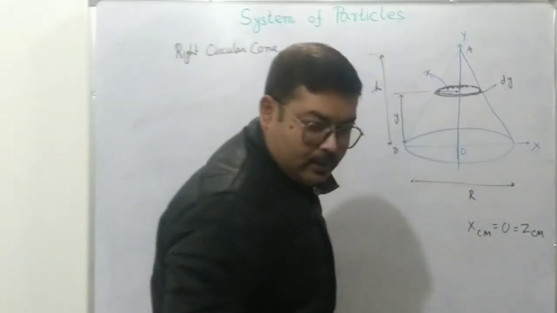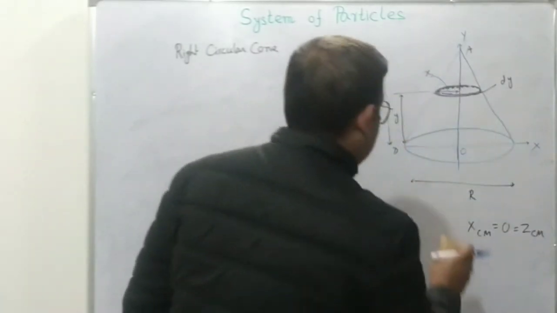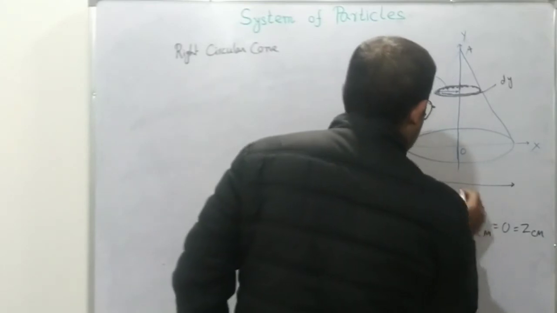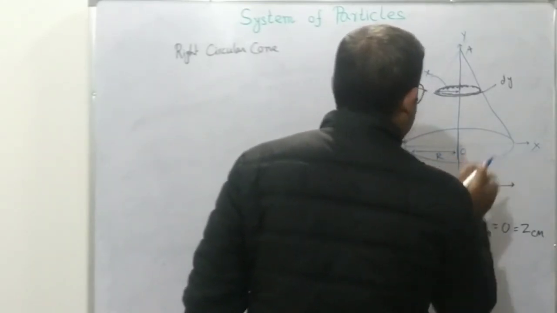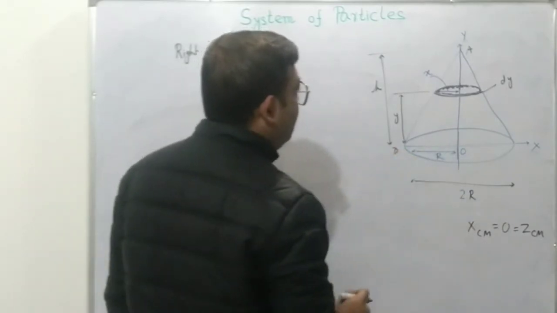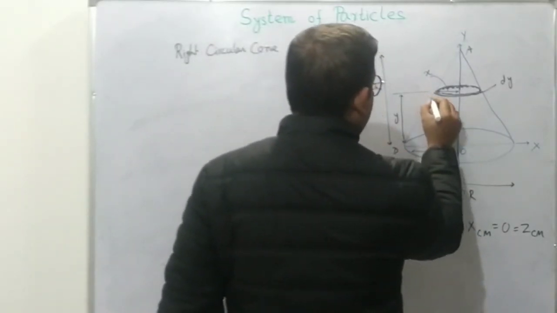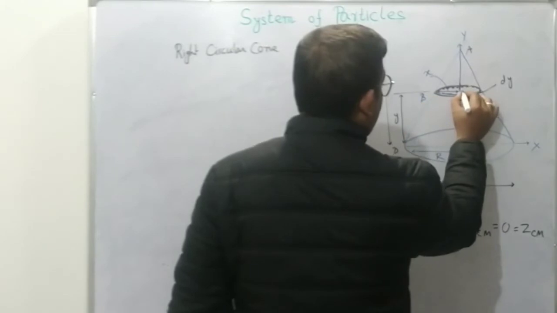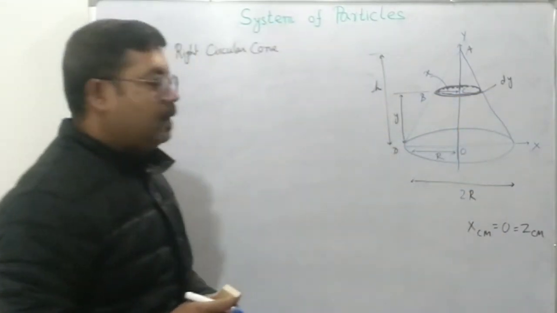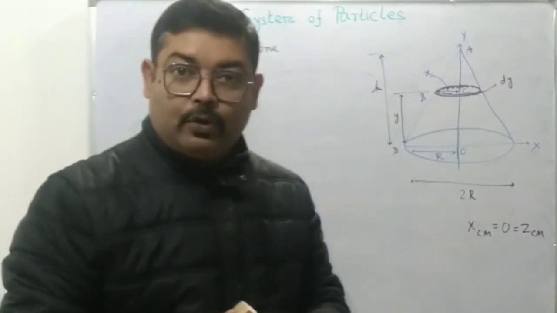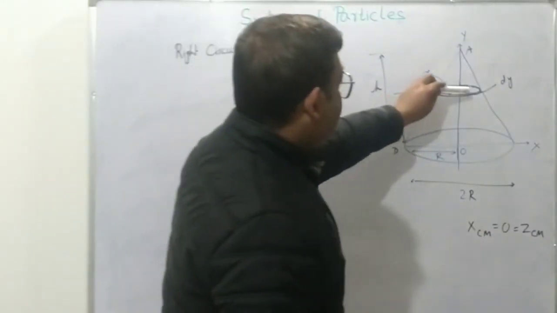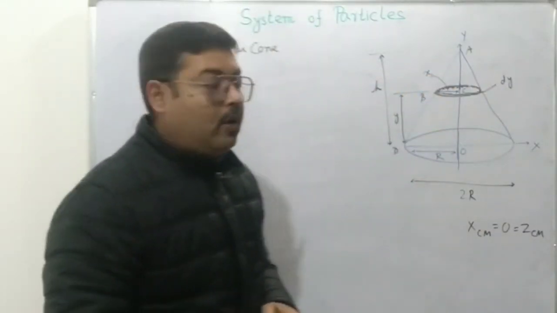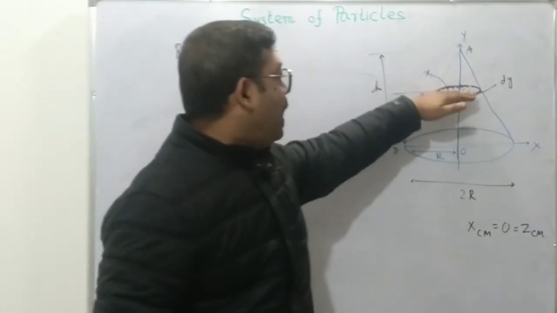Oh, this is not r, sorry, this is twice r. And this length, as we know, is r, and so is this length. So OD is r. Let's call this point B and let's call this the center of the disk we have drawn for our purpose. So what is the mass of this elementary disk which is at a height of y from